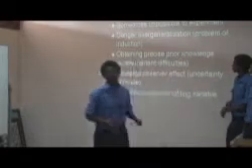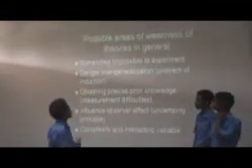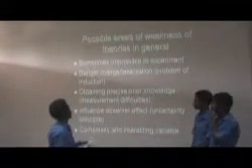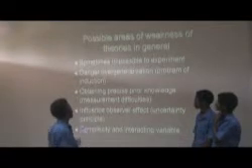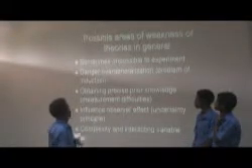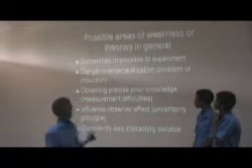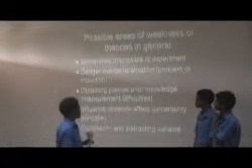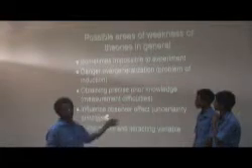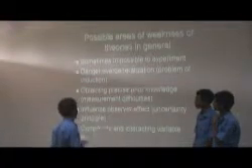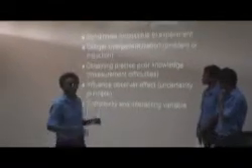So Henok has discussed some of the possible areas of weakness of theories in general. He has discussed the impossibility to experiment and the danger of overgeneralization, problem of reduction, obtaining precise prior knowledge, measurement difficulties, observer effect influence, and uncertainty principle, which we shall see later, and complexity and interactive variables. So what are the weaknesses in this particular theory?